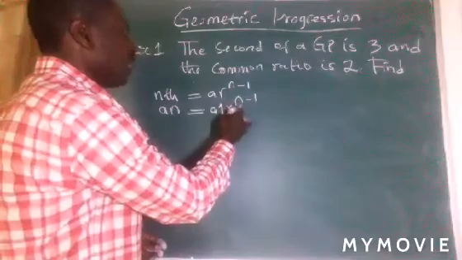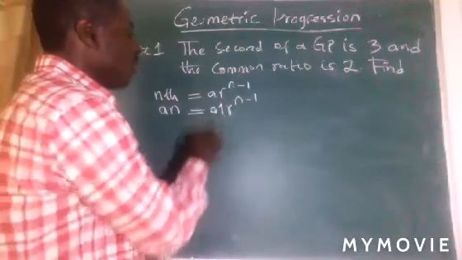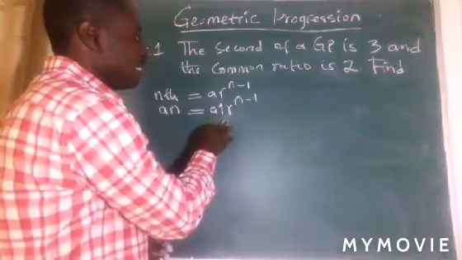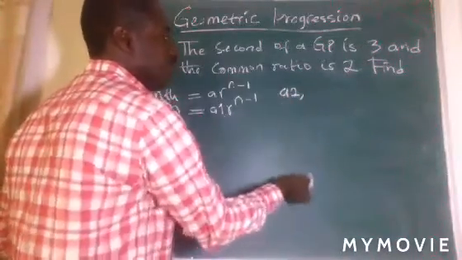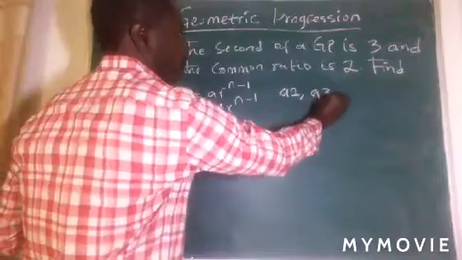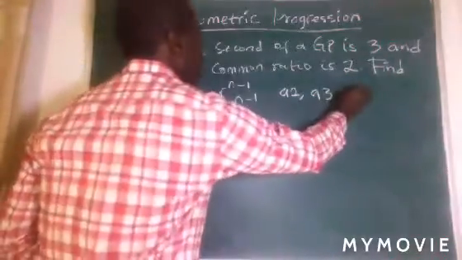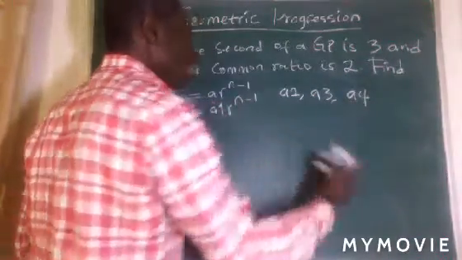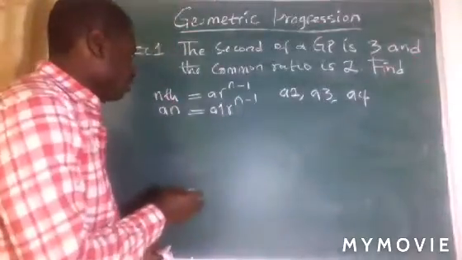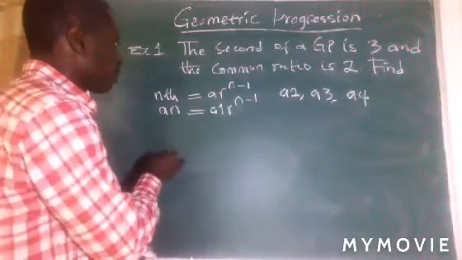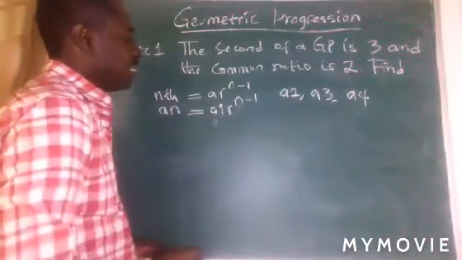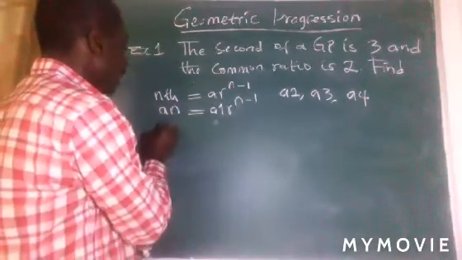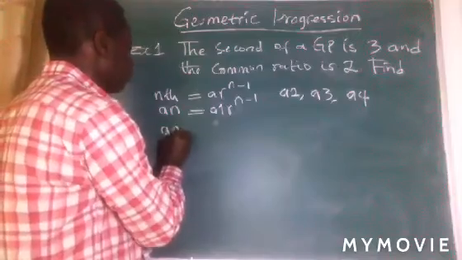Since n stands for any term, we have the first term as a1, the second term will be a2, the third term will be a3, the fourth term will be a4, just like that. So since we are looking for the eighth term and we have known the first term and the common ratio, the nth term will now be